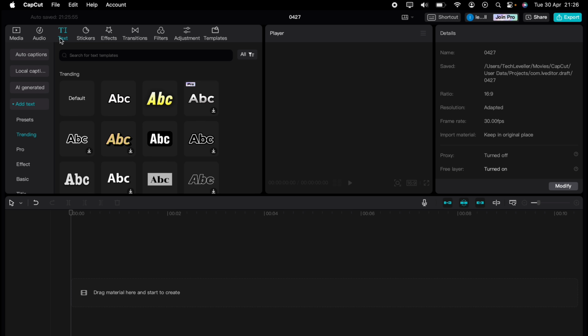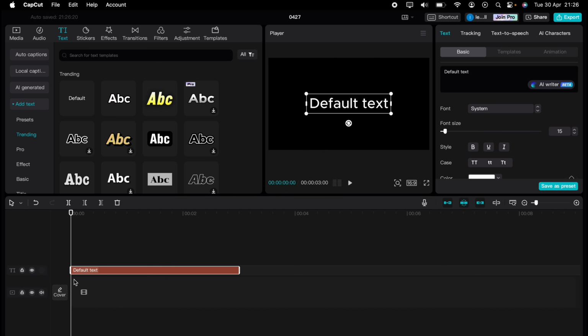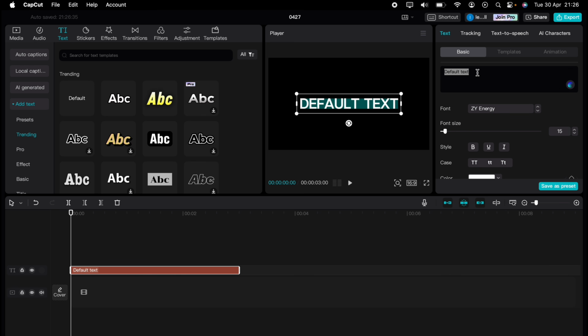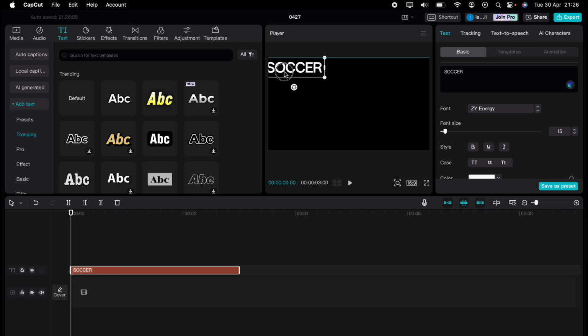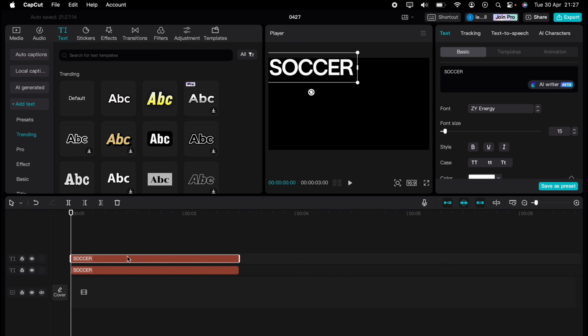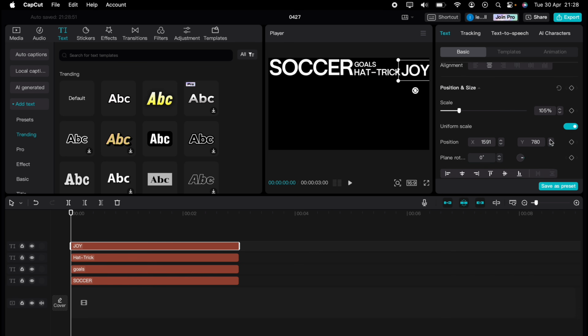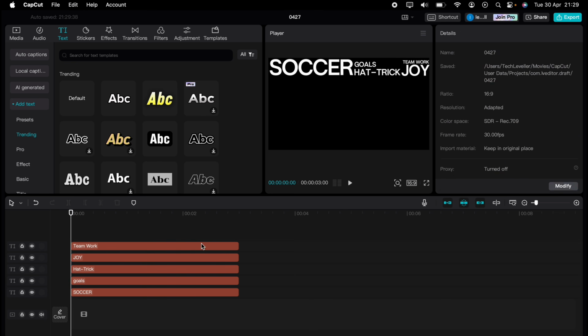So the first thing to do is come up to text, then let's drag any text box onto the timeline. Now I'm going to do a soccer theme, so I'll type soccer. Then we want to copy the text and paste it onto our timeline. Now we want to change the words and also the size, and you want to repeat this until you get a long load of words. So I'll speed this process up,